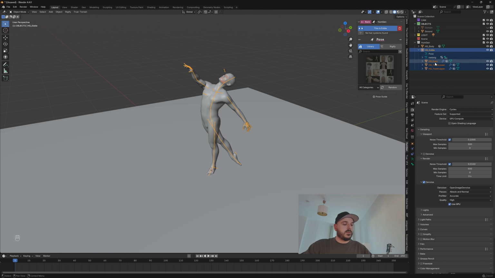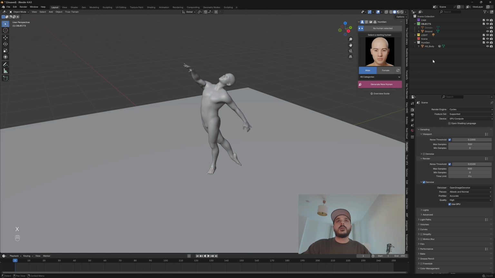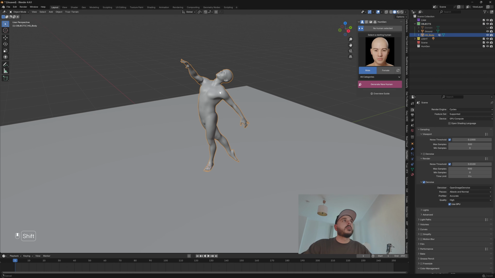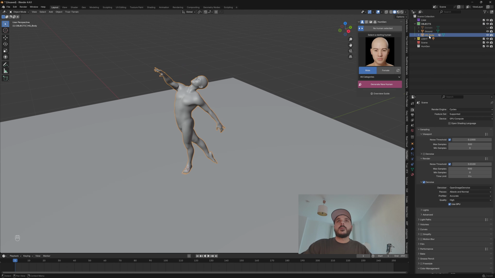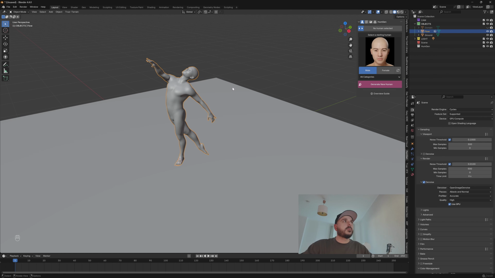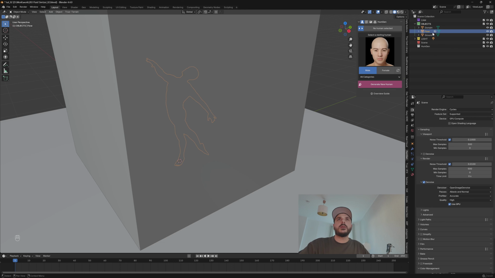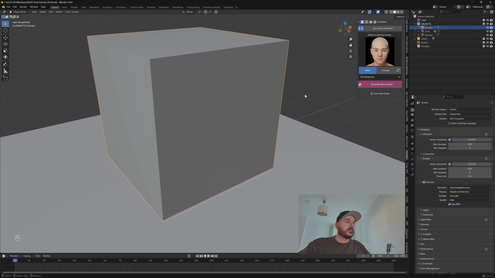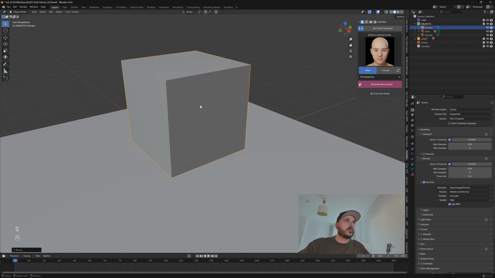So we can delete the rest from the human generator, and let's place our body in our object folder so everything is a little bit easier to find later. Okay, this one we are calling flow, and this will be the object that gets liquefied. We can enable the domain again, and let's make this box a little bit smaller